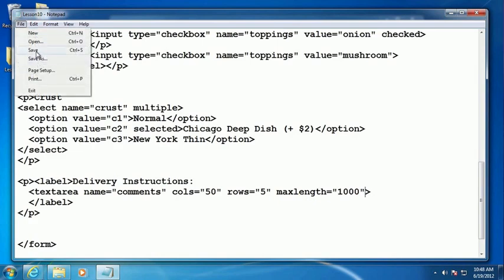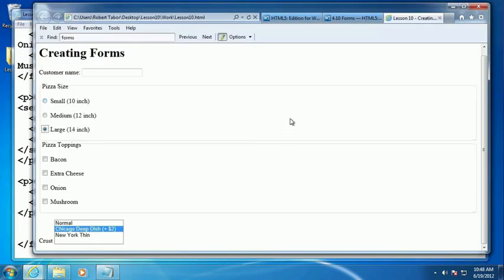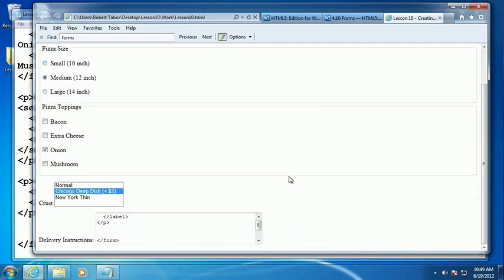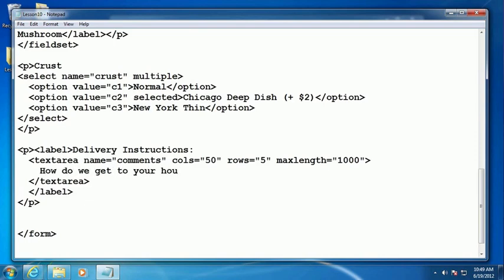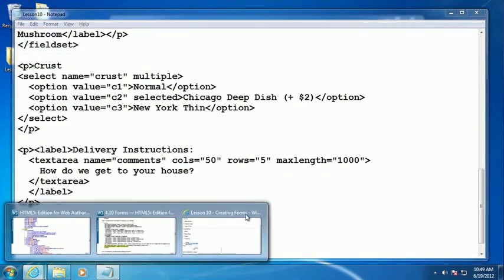So let's go ahead and save that and look at it. And you can see I've done something wrong here. The problem is I didn't add a closing text area. And what it did was it treated everything after the opening text area as text that belongs inside. So we might say inside here, how do we get to your house? All right, and you can see how that will manifest itself